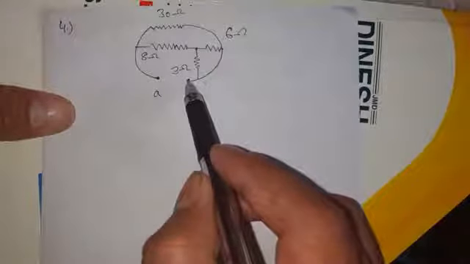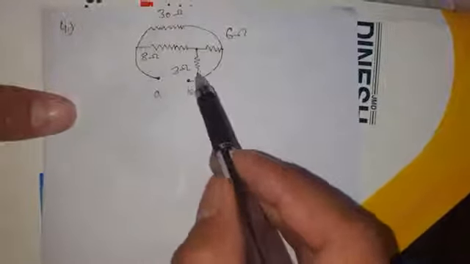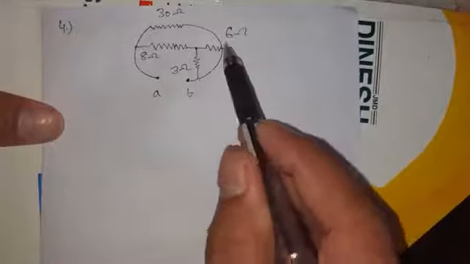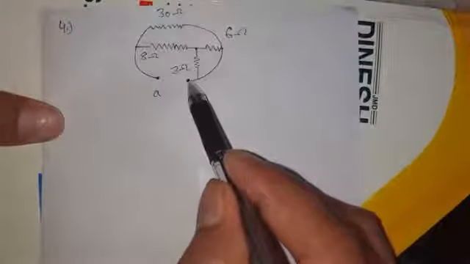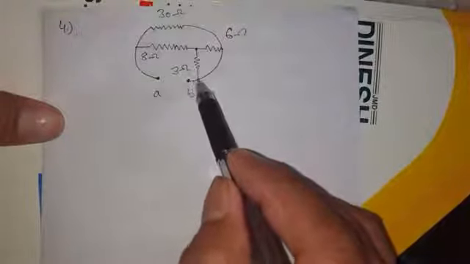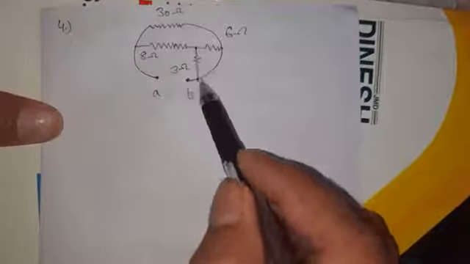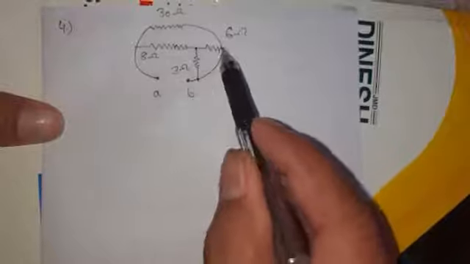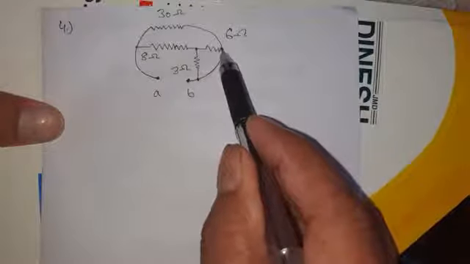Try to find over here a parallel combination first. Okay, so you will find over here that when I start my journey from B to A, when I reach at this point, there is a resistor and there is this path, so that means there are two paths to reach this point.